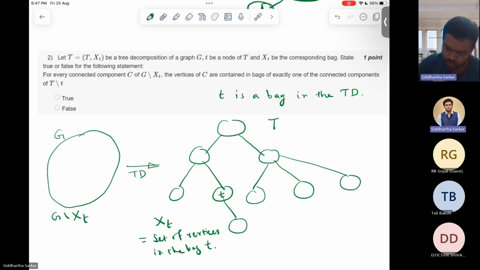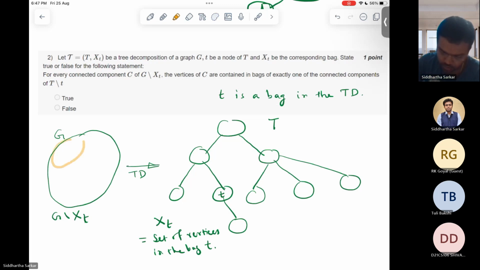So you are left with a reduced graph, G minus xt. After the removal of xt, the vertices of G get divided